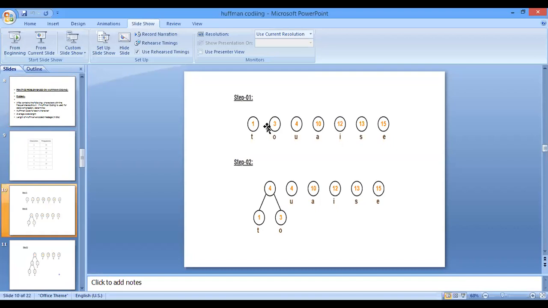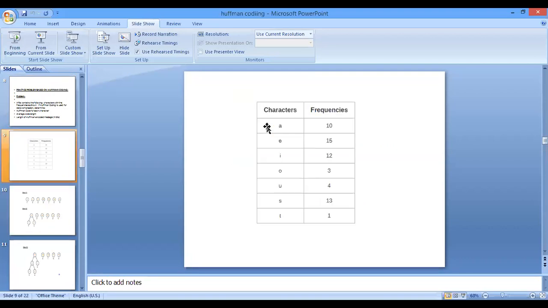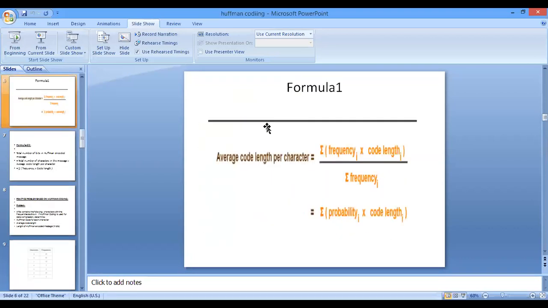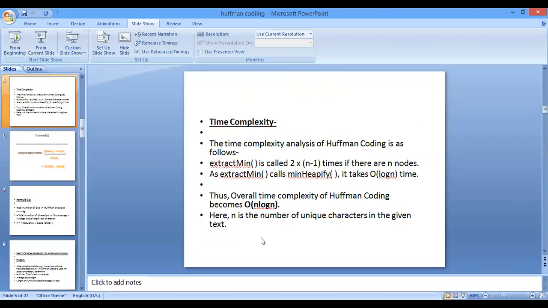And this process we are doing for all the nodes. If there are n nodes, then we will do this process n times. So the total time complexity is n log n.